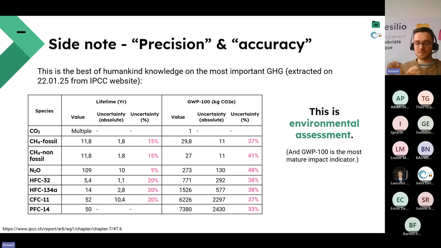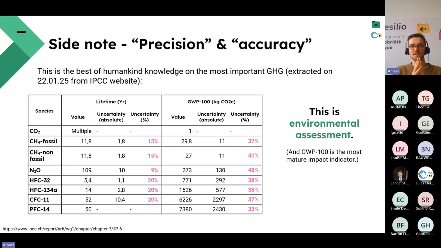Before going to the rest of my presentation, I just want to come back to this point of precision and accuracy. I extracted these tables this morning from the IPCC website. IPCC is the Intergovernmental Panel on Climate Change, which is roughly the best scientific body we have on Earth talking about climate change. And you have in pink on the slide the percent of uncertainty on the most important greenhouse gases. If you just look at the numbers, the smallest error bar is roughly 9%, and the highest one is roughly 50%. This is the best of science on Earth,